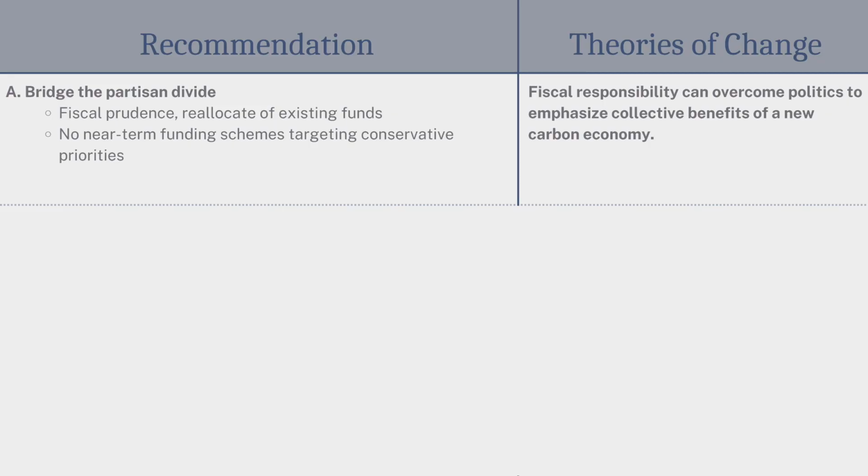We don't have time to cover all of the recommendations in my report, but I've consolidated top lines for today. My first recommendation is to bridge the partisan divide, which is easier said than done. One of the biggest threats to future reliable public funding sources for a carbon economy is the political deadlock that's become common in our modern government. And while there's no easy solution to this, my research suggests that bipartisan efforts can be successful in passing legislation so long as you find that common middle ground.